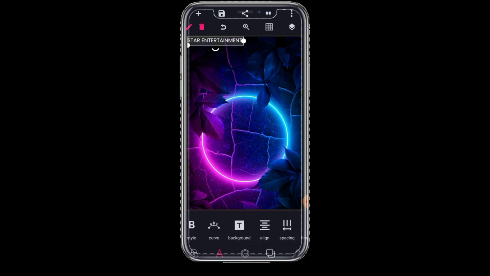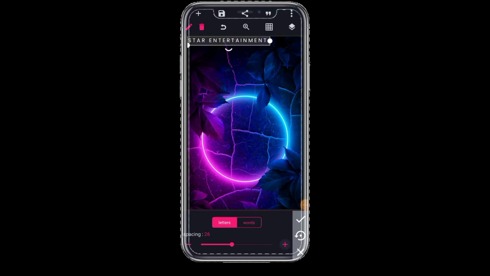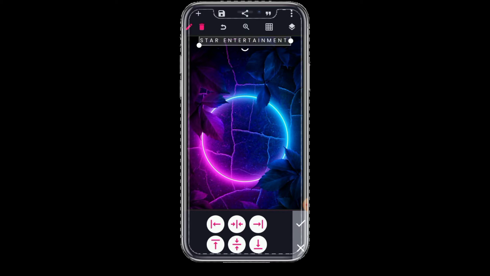And then the next thing we are going to do is space it out. So this is spacing, so we are going to space the letters, not the words. So you space it like this, space it up to 35. Okay, click on OK, and then you position it right